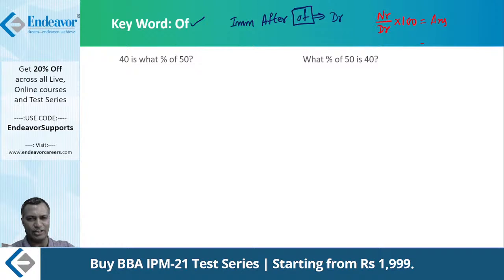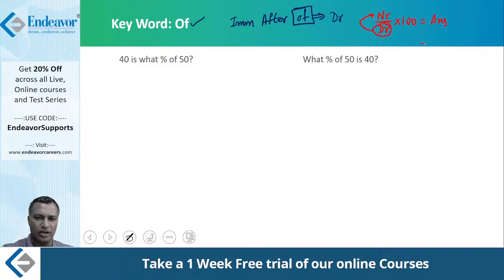So therefore, what is the denominator? This is the gold standard. You are comparing the numerator with the denominator. If you just want to quickly understand, you might have got 83 marks out of 100. How did you write it? You wrote it like this: 83 out of 100. The paper was for 100 marks. This is how you wrote.